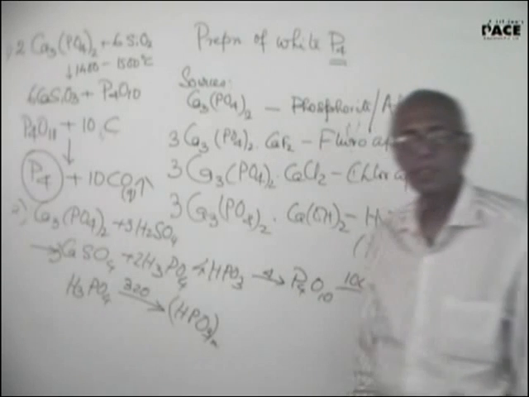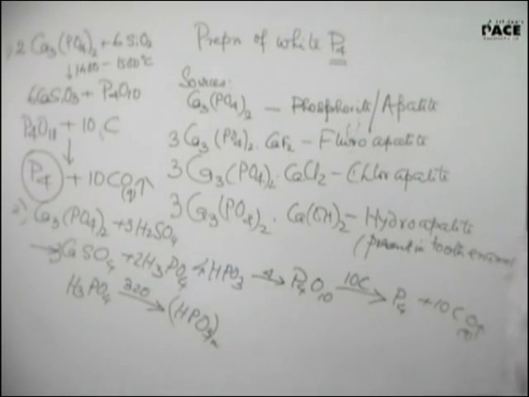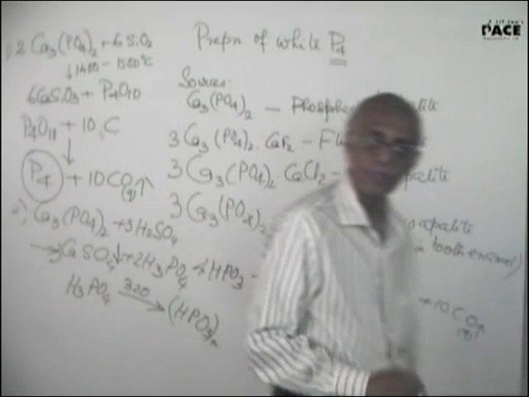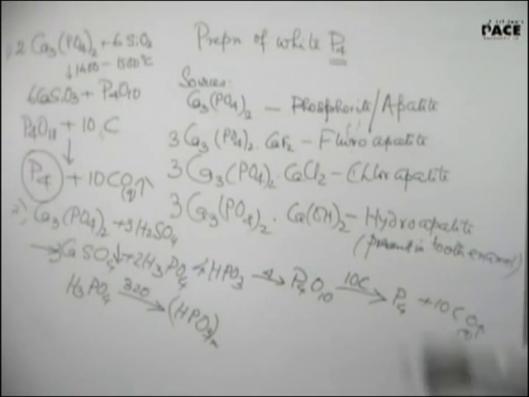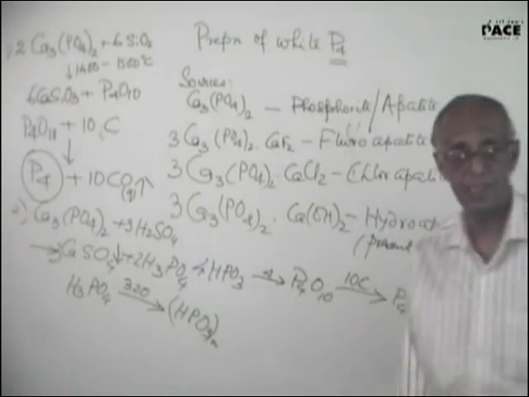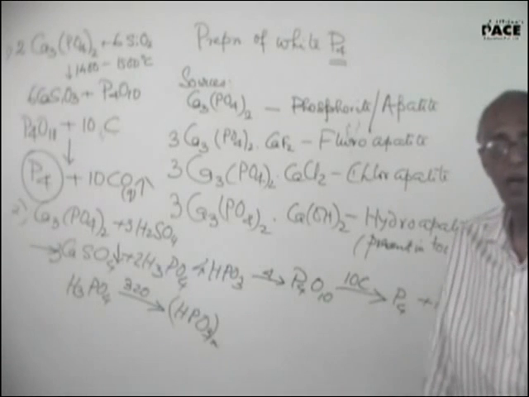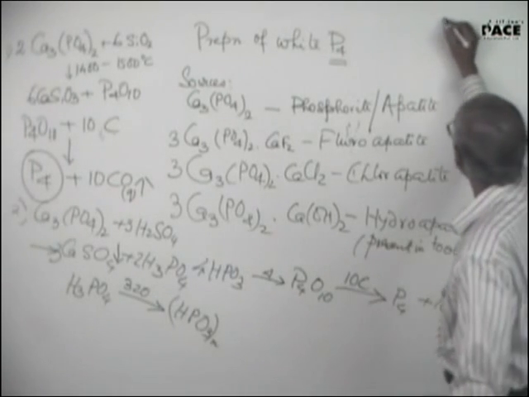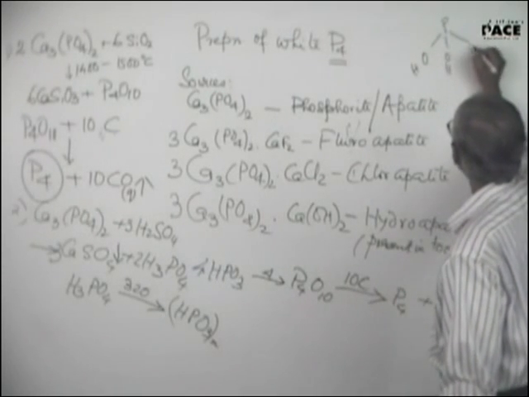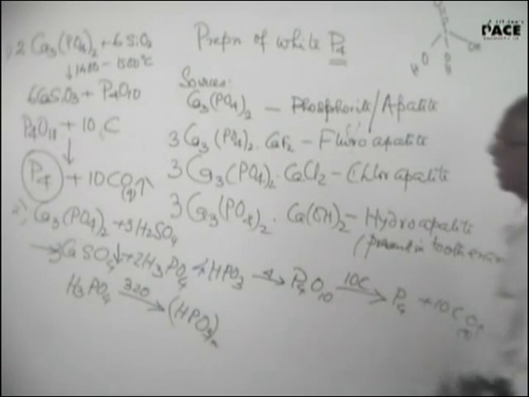The second method involves calcium phosphate with sulfuric acid, which generates calcium sulfate, a precipitate, a sparingly soluble sulfate. Phosphoric acid is formed, which on heating gives you metaphosphoric acid. So this is called orthophosphoric acid, this is called metaphosphoric acid. What is the difference between orthophosphoric acid and metaphosphoric acid? There are 3 hydroxy groups in orthophosphoric acid,